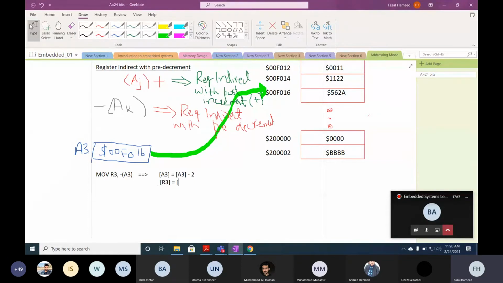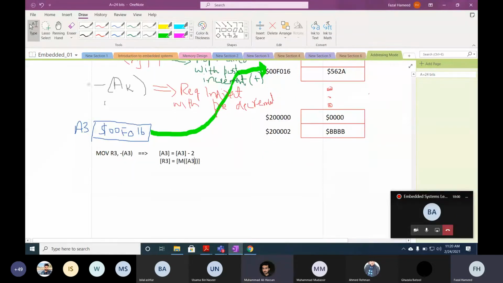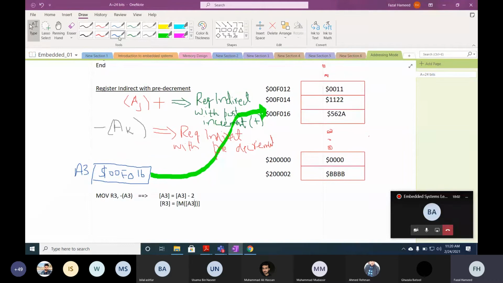Now we are pointing to a memory address that is pointed to by this value of A3. So the new value of A3 will be different. First A3 will be decremented. What will be the new value of A3 if it is decremented? $0000 00F014.